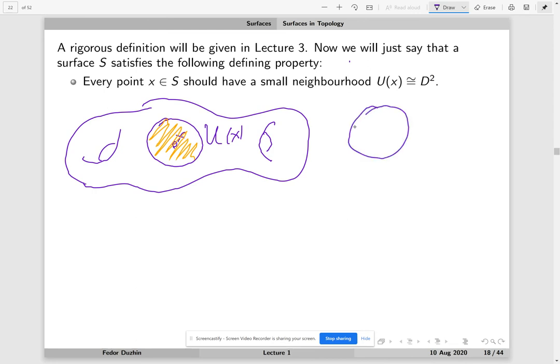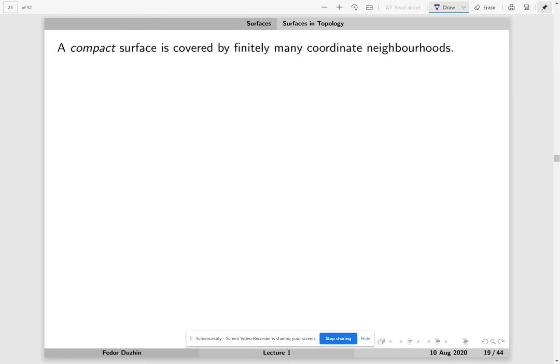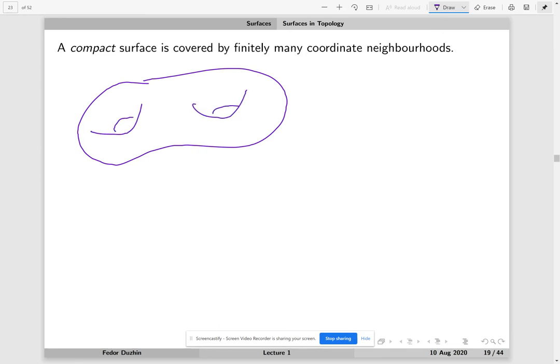So a sphere is a surface. A torus is a surface. Something like a torus but with two holes is a surface, and so on and so forth. Now, a compact surface should be covered by finitely many such coordinate neighborhoods, right? So if we look at a double torus with two handles or two holes,